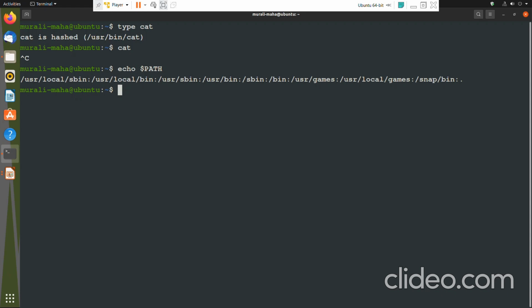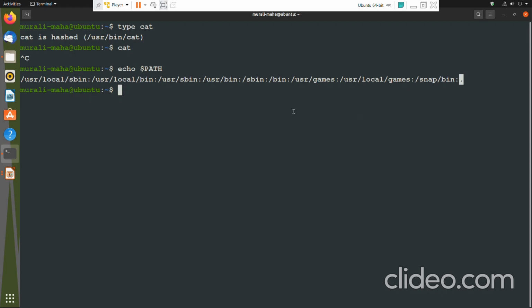Mind it, the dot I just added during this session; this dot was not there. What does the dot mean? Dot means current directory. The shell should search in the current directory also. Apart from searching the other places, it should search in the current directory also.